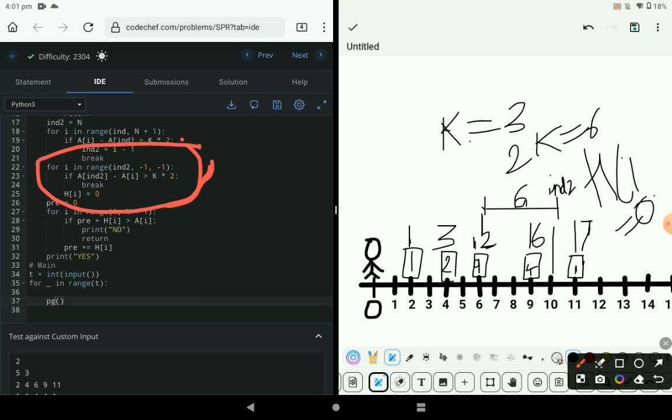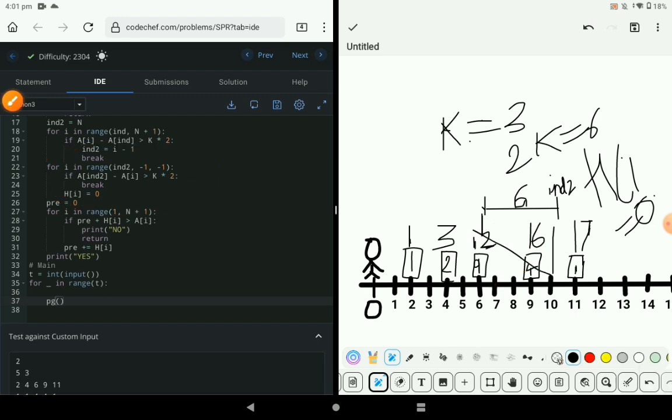ये जो पोर्शन है, तो हमने IND2 को पहले सेट कर दिया, किस पे, 16 मीन्स 10th वाले पोजीशन पे सेट कर दिया, और उसमें से AI को माइनस कर दिया, ठीक है, और उसको कंपेयर किया, अगर वो 2 से के से बड़ा है तो ब्रेक हो जाएगा, नहीं तो हम हेल्थ को ज़ीरो कर देंगे। तो ये दो एलिमेंट जो हैं, बेसिकली इनकी हेल्थ ज़ीरो हो गई। तो अब हम नेक्स्ट लूप चलाएंगे,